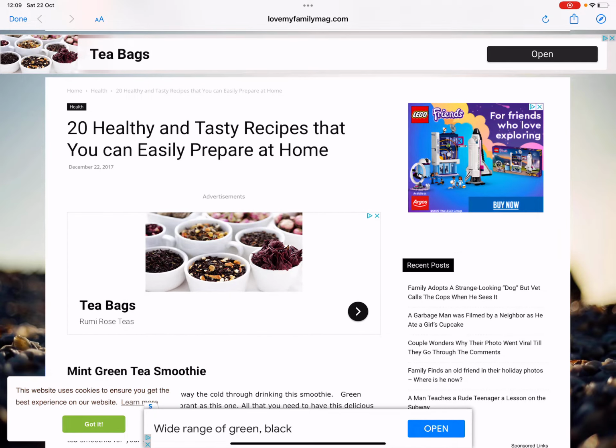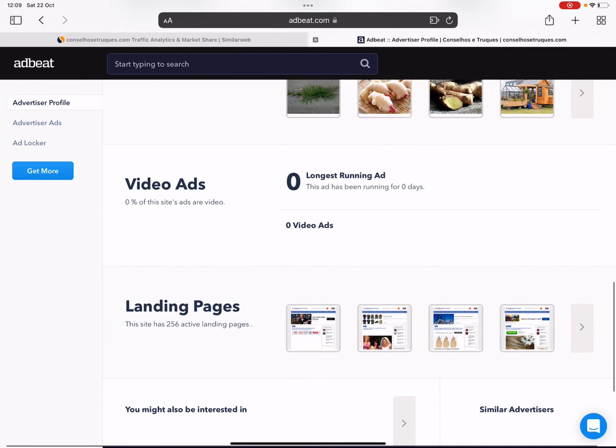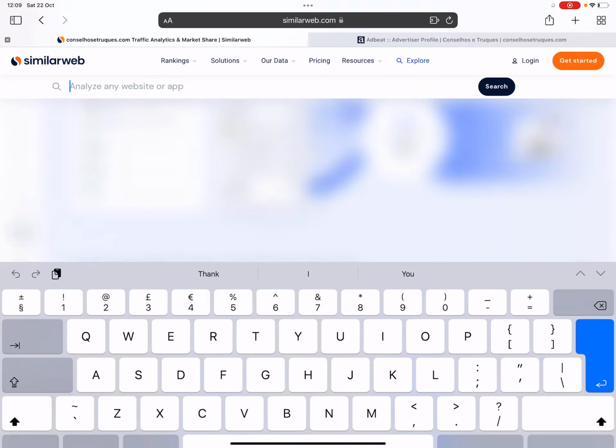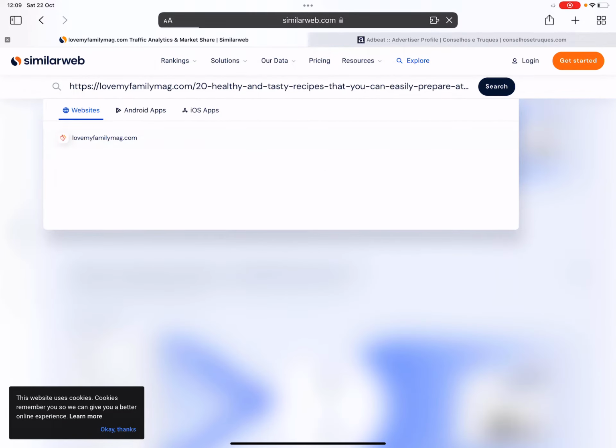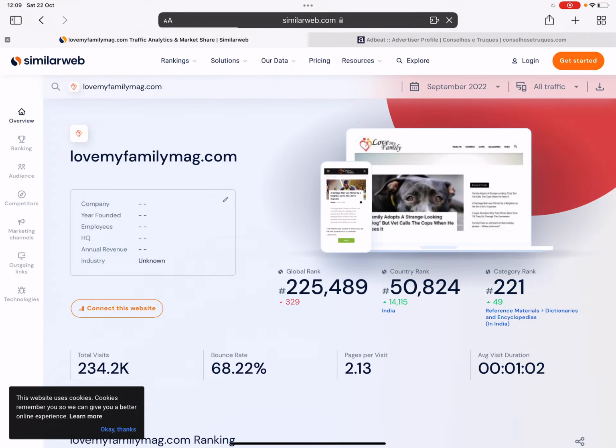Let's see how much traffic this website's getting, and then we can get a feel for the size of this market and how big an opportunity this is. So this one's doing 234,000 visitors a month.